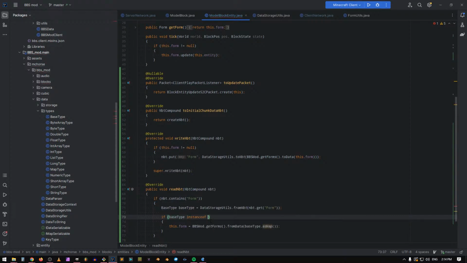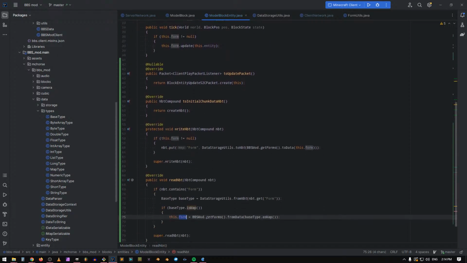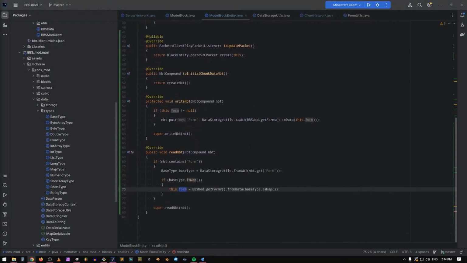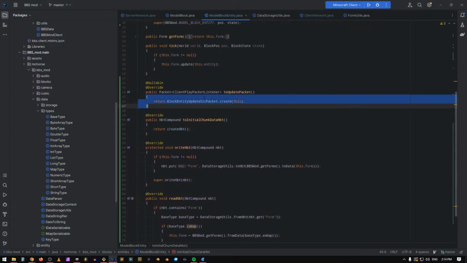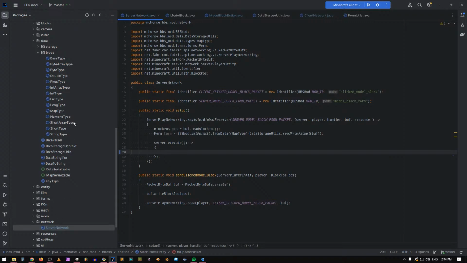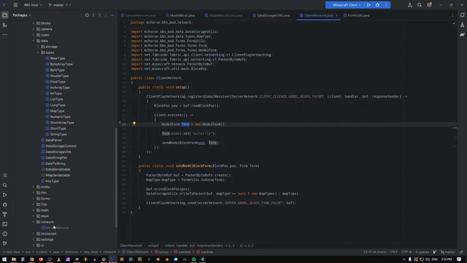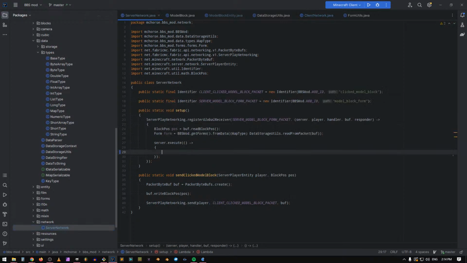So if it's a map, then I can finally construct the form. I probably should make a helper to read forms, but for now it's fine. Okay, so we have NBT, and now I think what I have to do is in the server handler, I know, in the client handler, I have here a butterfly. Okay, that's cool. And then in a server, what I do is